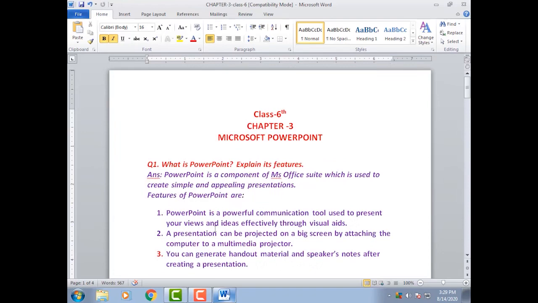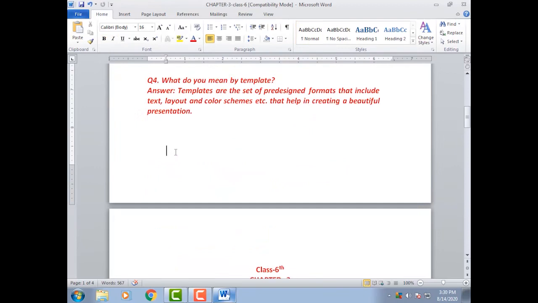Now let us know about superscript and subscript. If you want to write any formula, for example, I will write H2O here. Select the text that you want to subscript like this. Now bring your cursor on the Home tab. From the Home tab you have to select this. This is the subscript icon. Click on this subscript icon. In this way you can apply subscript to your text.